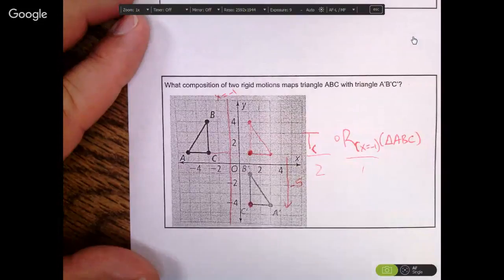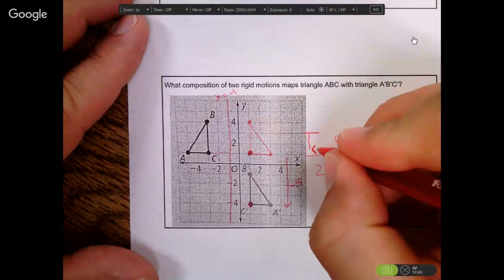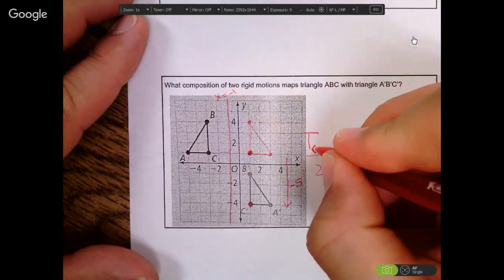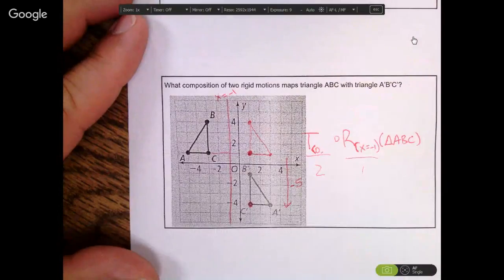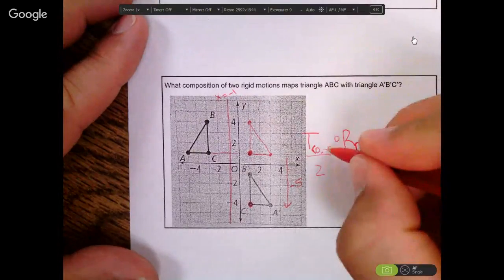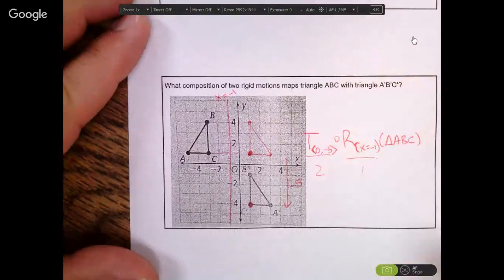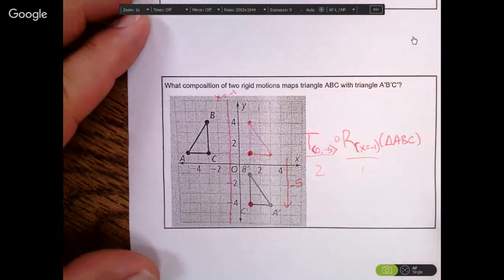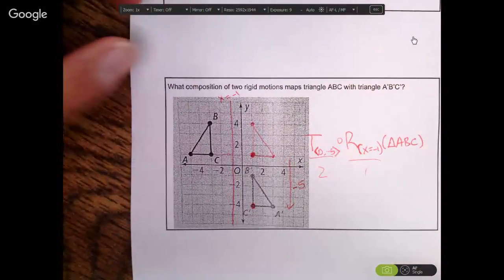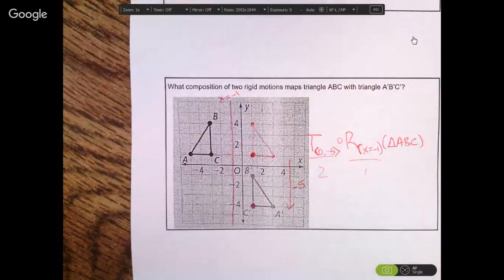Is that for the X or is that for the Y? It's for the Y. So for the X, I'm going to say move it 0. And for the Y, I'm going to say move it negative 5. Is that big enough to see? Could you have reflected that shape across the x-axis? No,